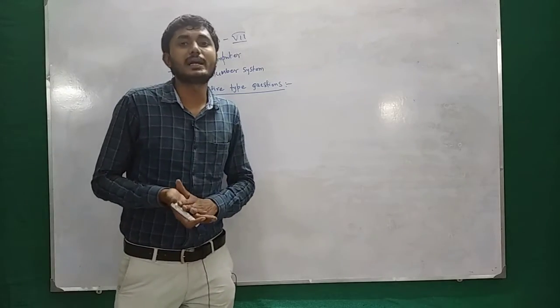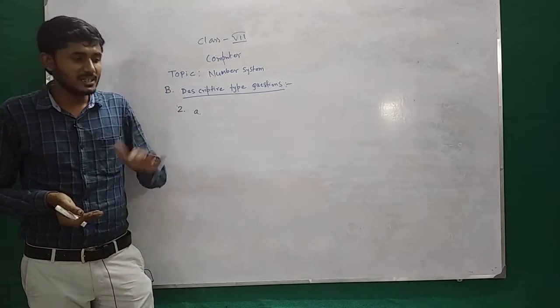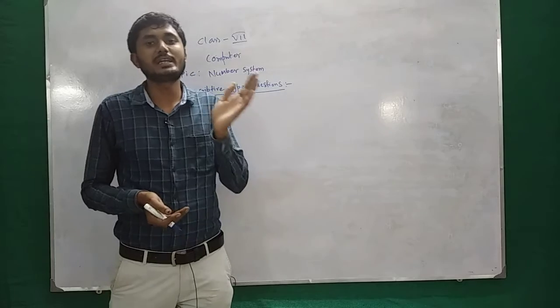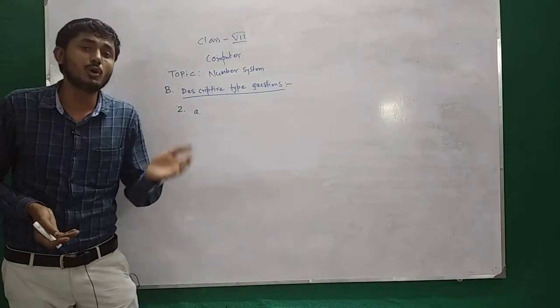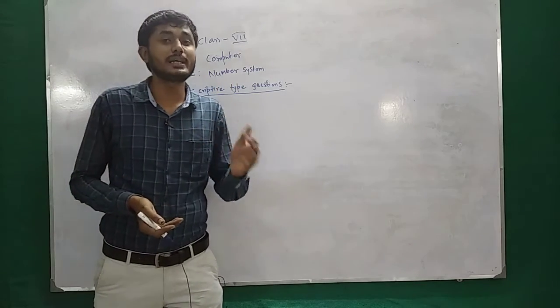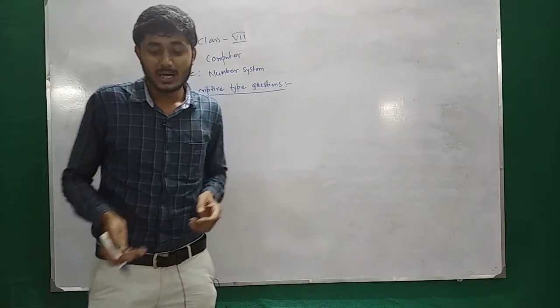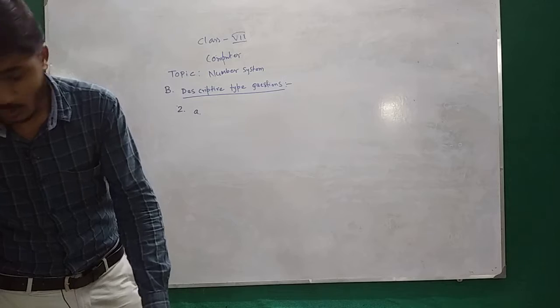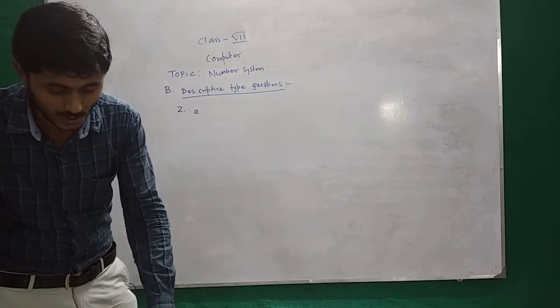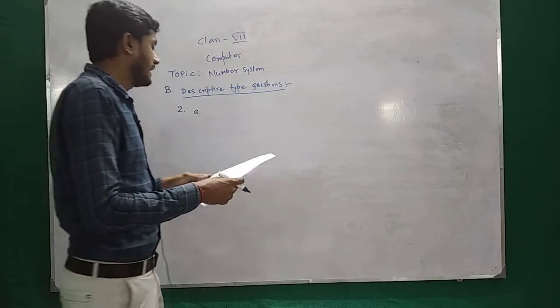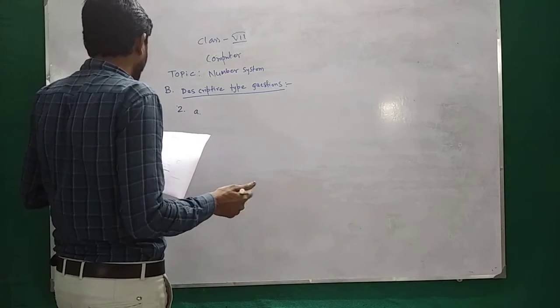So what is actually binary number system? Binary number system is a type of positional number system which can take only two digits, that means either 0 or 1. So the base or radix of this number system is 2. That's why it is called binary number system. So the question is, what is the significance of binary number? The significance of binary number is,